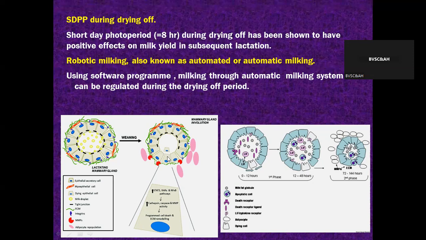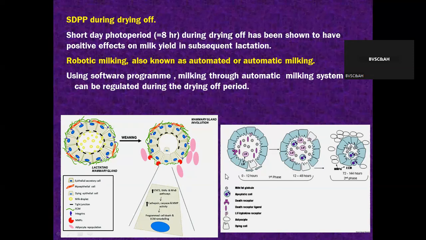It happens in involution, not in lactating mammary glands. So at weaning, you'll find that these tight junctions are lost, and the apoptotic cells increase more and more. Then STAT3, cathepsins, and caspases get activated, and